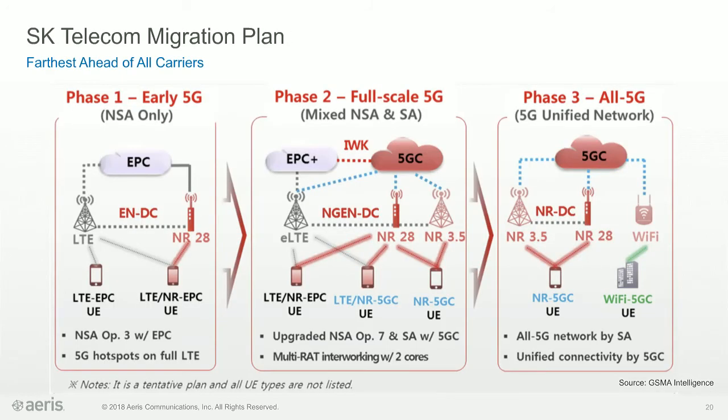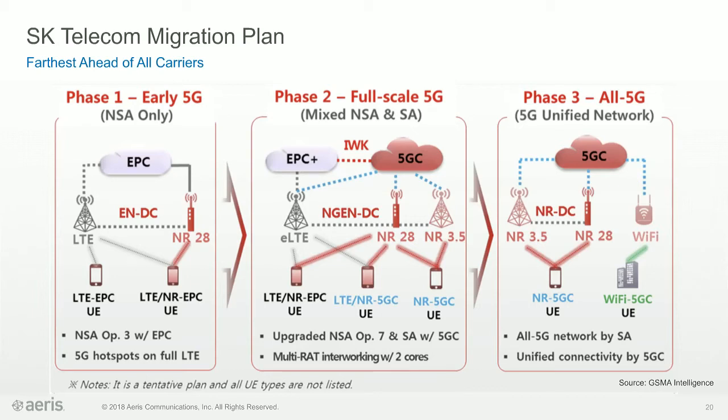Now, what practical approaches are people taking? SK Telecom in Korea is one of the carriers that is furthest ahead. They've actually demonstrated 5G technologies in February of this year for people who were at the Olympics over there in South Korea. They are planning to do it in multiple phases. They're going to start with phase 1, where they will deploy a NSA network only, non-standalone network only, which is an early 5G deployment where they expect to have